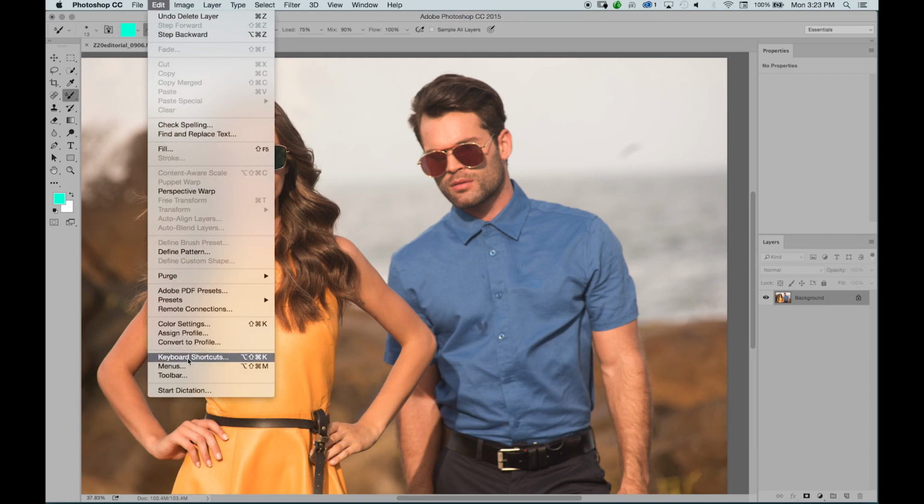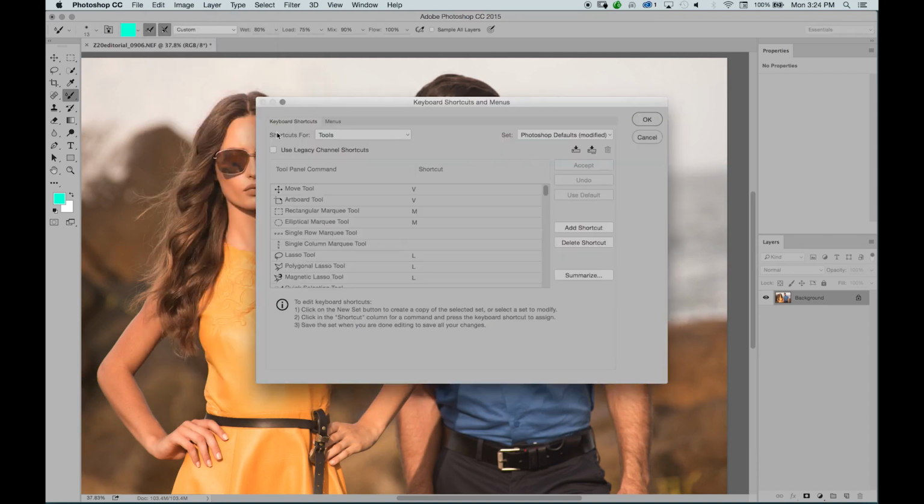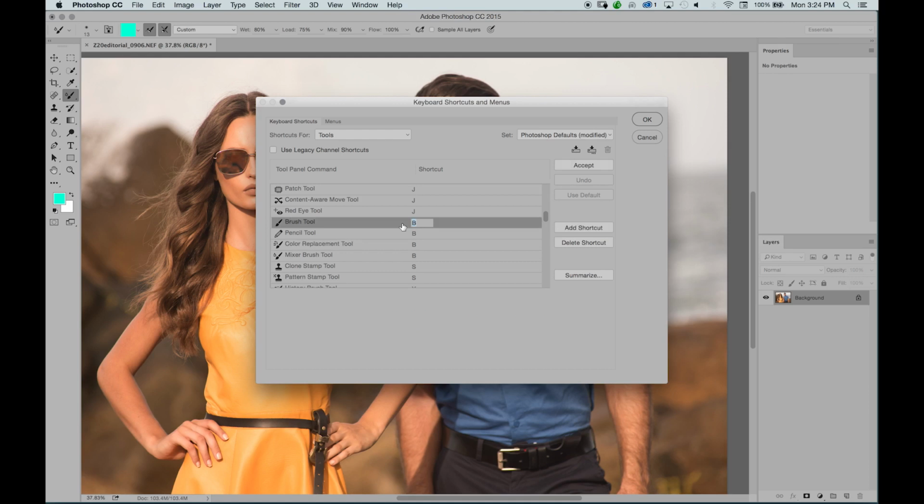So I'll go to Edit, Keyboard Shortcuts, Shortcuts for Tools, and I'll scroll down. And about a quarter of the way down, you'll see it right there. So I'll change it back to C. Now, some of the other ones that I change